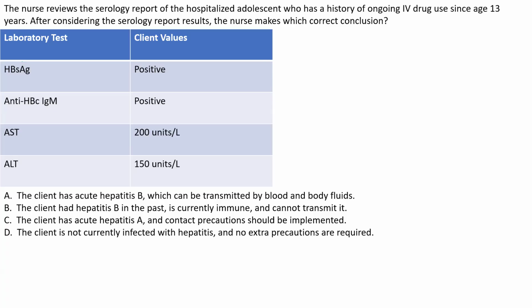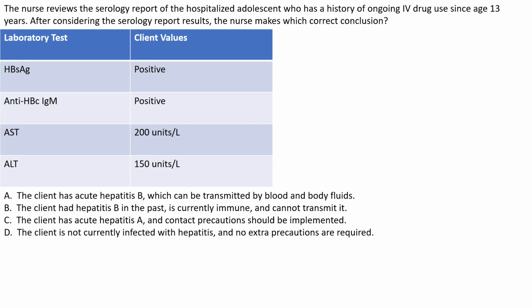So when they get the vaccine, an elevated IgA indicates that the patient has developed immunity to Hep type B. So answer is A, and it's not B because